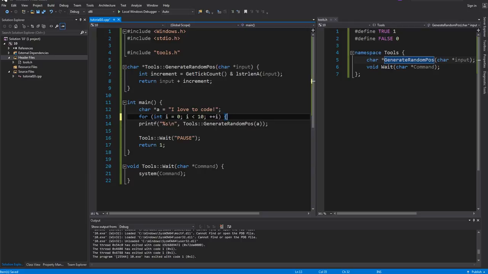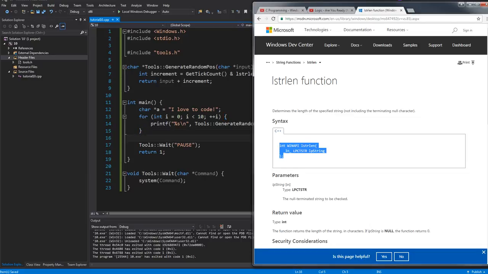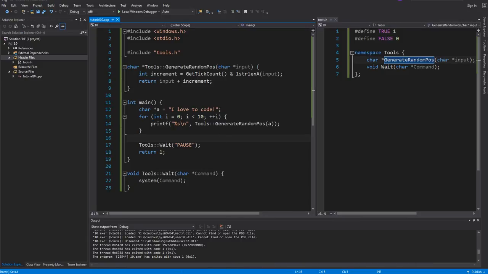And to ensure that this GetTickCount generates a random number further from the last generation, so basically to ensure that this random number will never be more or less the same, I'm just going to call another Windows API, and let me actually pull it up here for you guys one second. I'll just go to the first monitor and just call